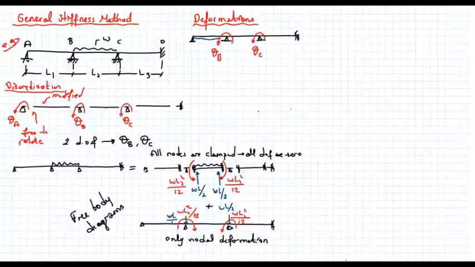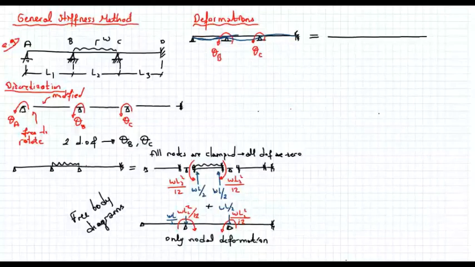I don't know how it will deform, but it should be in the opposite direction. So let's show it this way. Okay, so the way it will deform doesn't matter, but I'm just sketching it. So this is equal to, we have, let's draw the same structure,